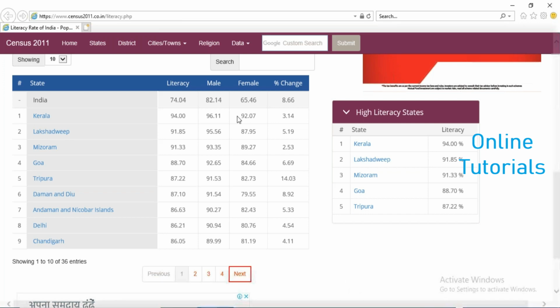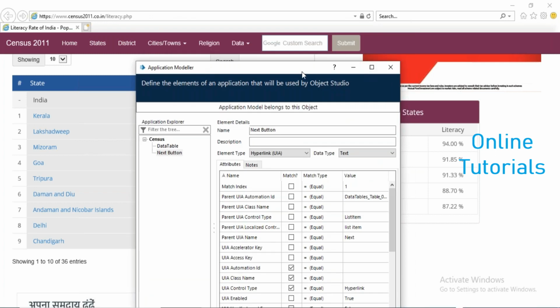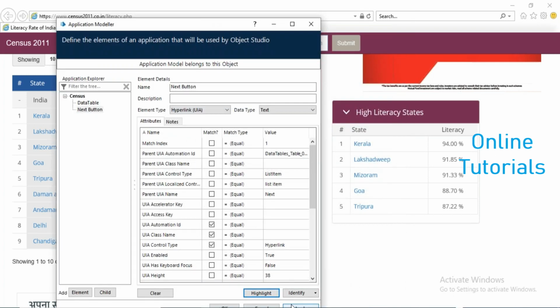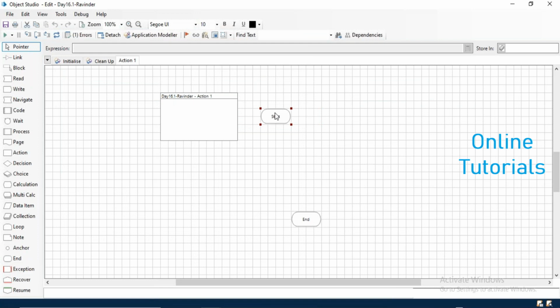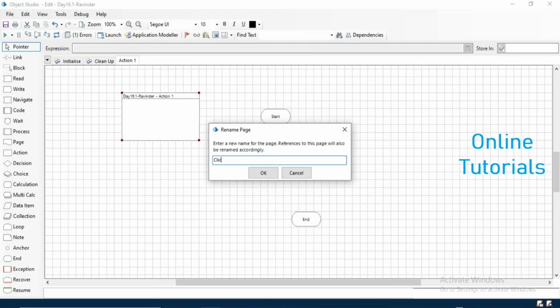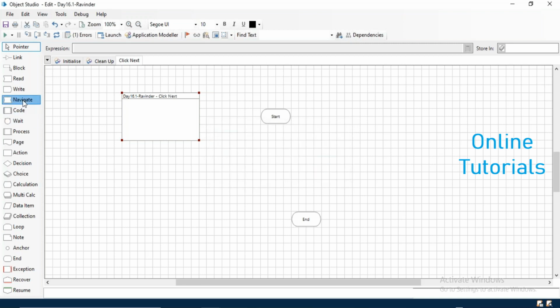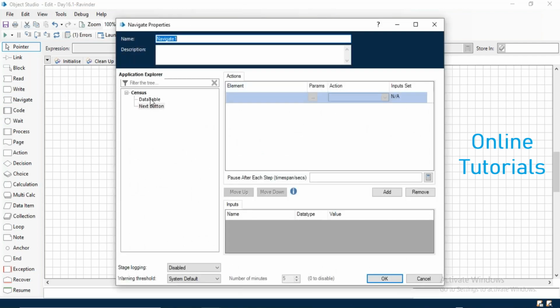It's working. Okay, so first of all, just try whether that next is working correctly or not. Just try that first, then we will go for the table activities. So here I said rename, click next. Okay, so first of all, we have to launch the table, right? So census, go here, launch the table,